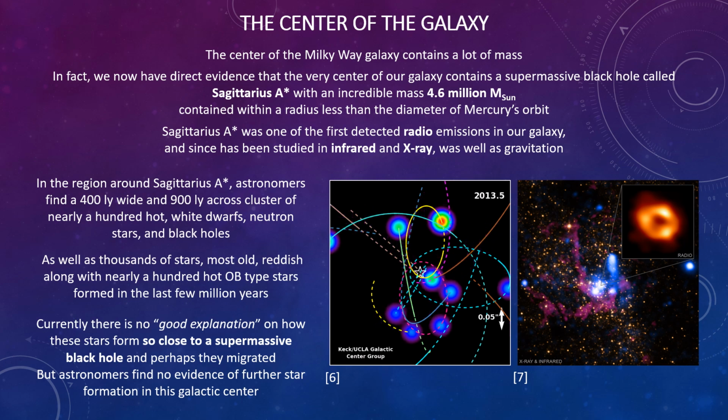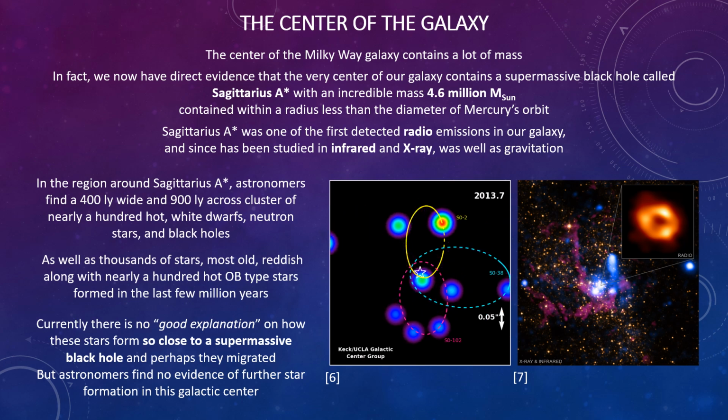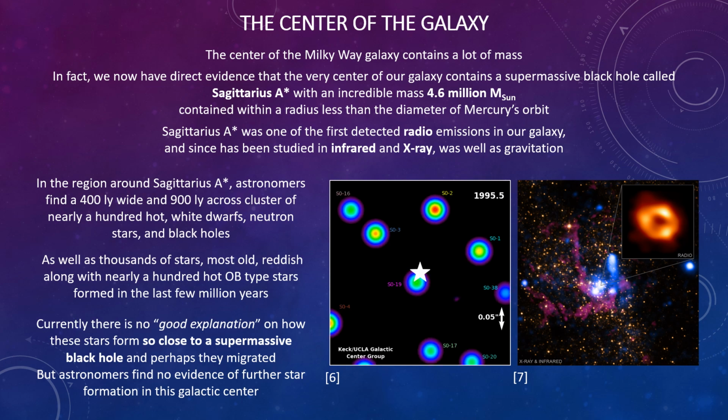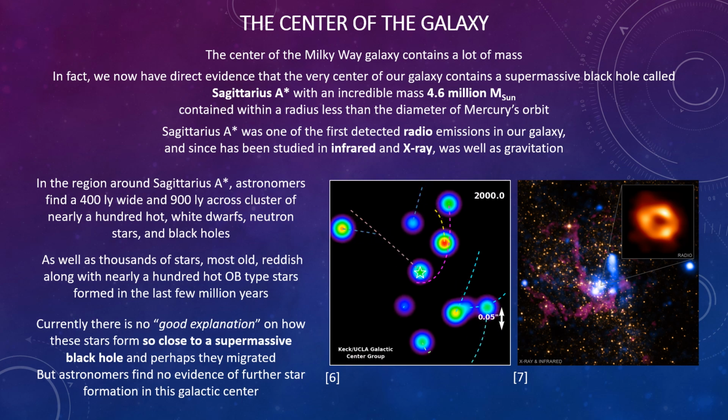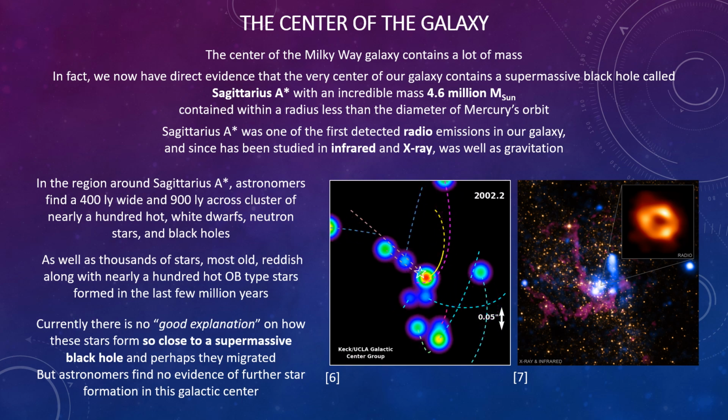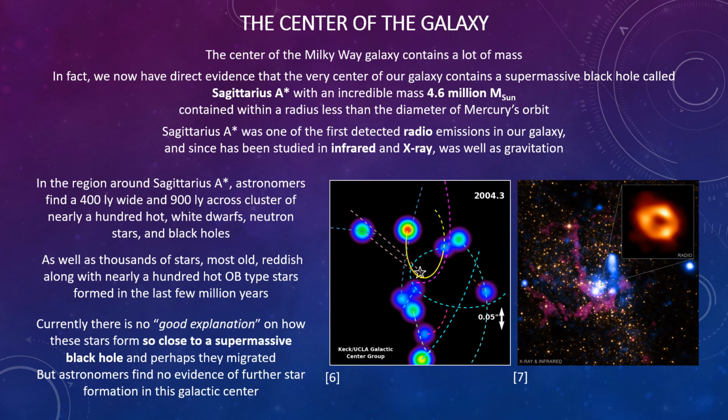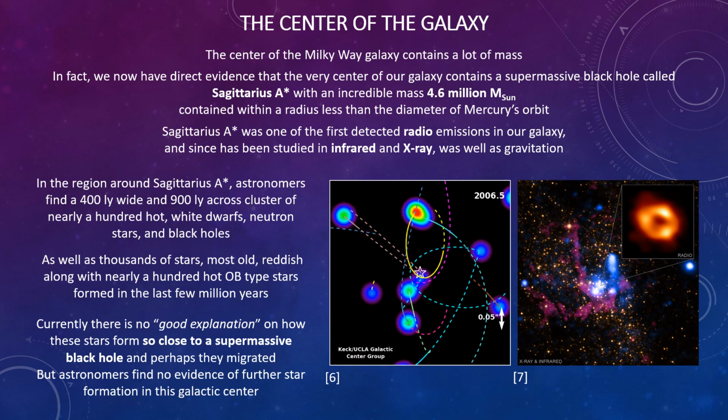Sagittarius A star was one of the first detected radio emissions in our galaxy, and it has since been studied in the infrared, X-ray, as well as through just measuring gravitational effects around it. So, in the region around Sagittarius A star, astronomers find a 400 light year wide cluster,